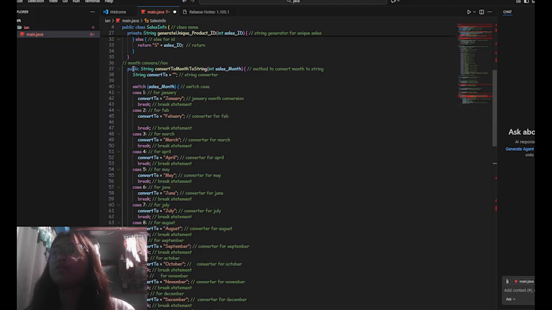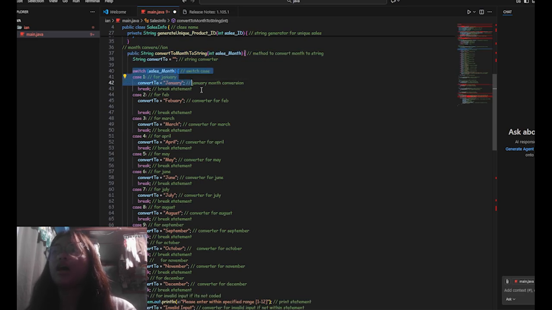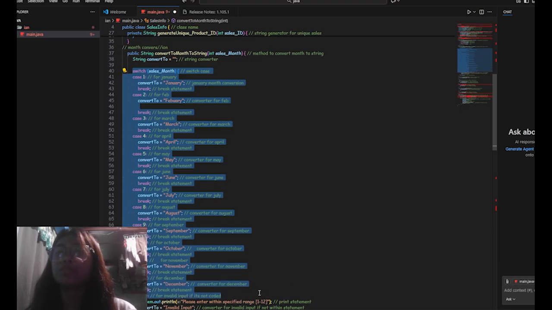And next we have the month conversion, which is this public string convert to month string, which initializes an empty string to store the month's name. We also have this switch statement for all the months: January, February, March, April, May, June, July, August, September, October, November, and December.